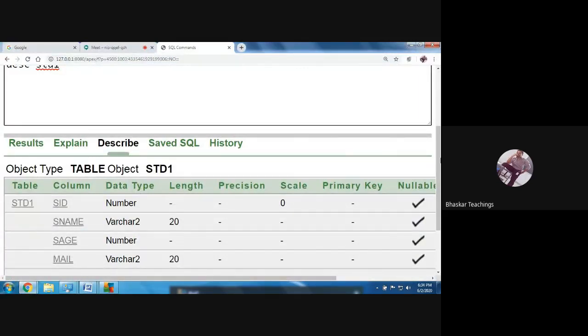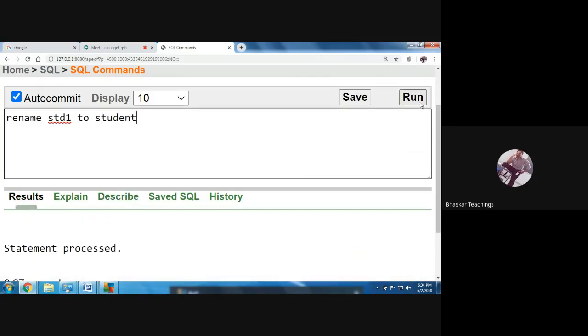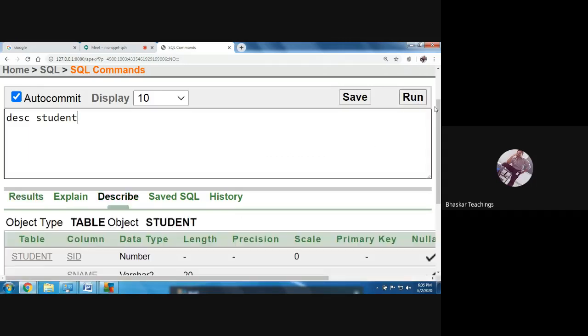So I'm going to change it back to student by using the rename command. The syntax is rename existing table name, that is std1, to new name student. Okay, so run it. You can see statement processed. That means the table name has been changed. If you have a doubt, simply run DESC student. You can see we got our table name back.